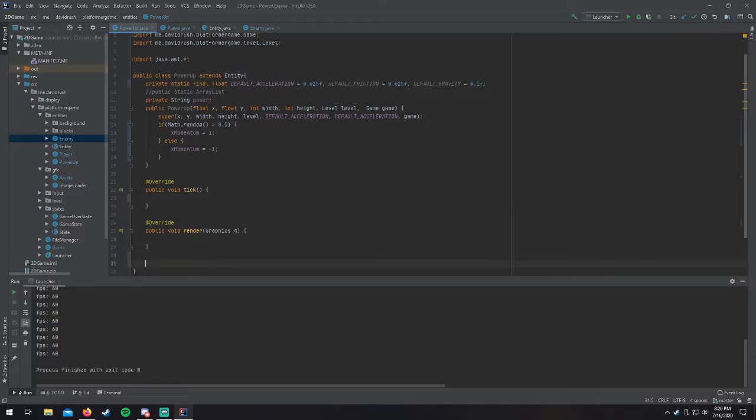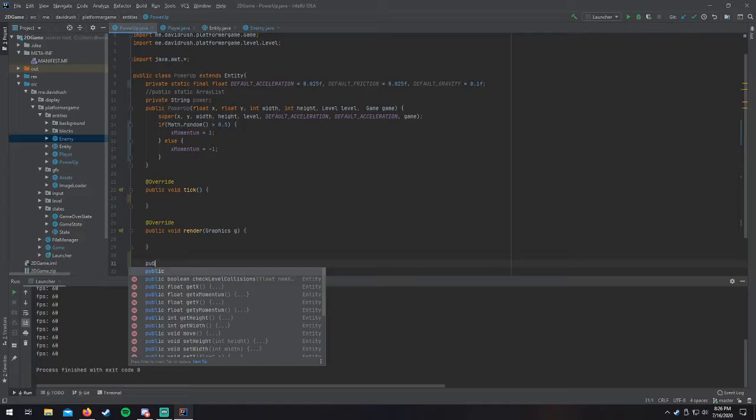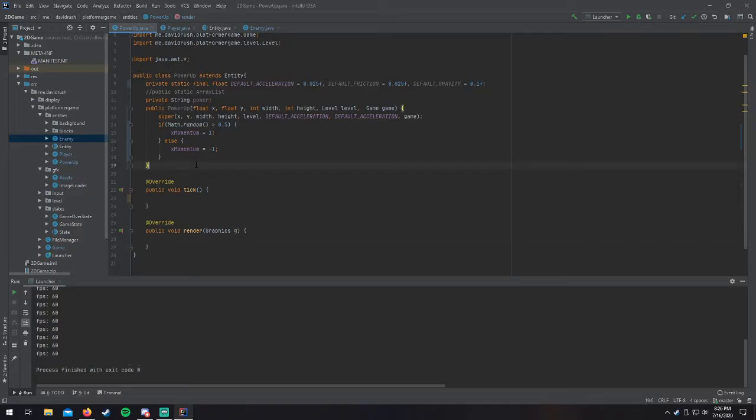So let's do public. Actually, it should probably go above tick and render. Public void move. Oh wait, we can't call it that because that's a method in the entity class. So we should do... You know what? I'll just put it in the tick method because it's so simple. So y momentum plus equals default gravity, and then x move